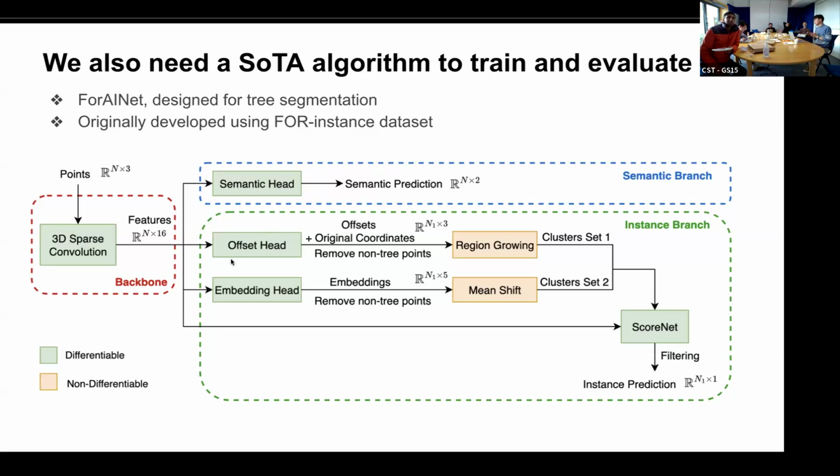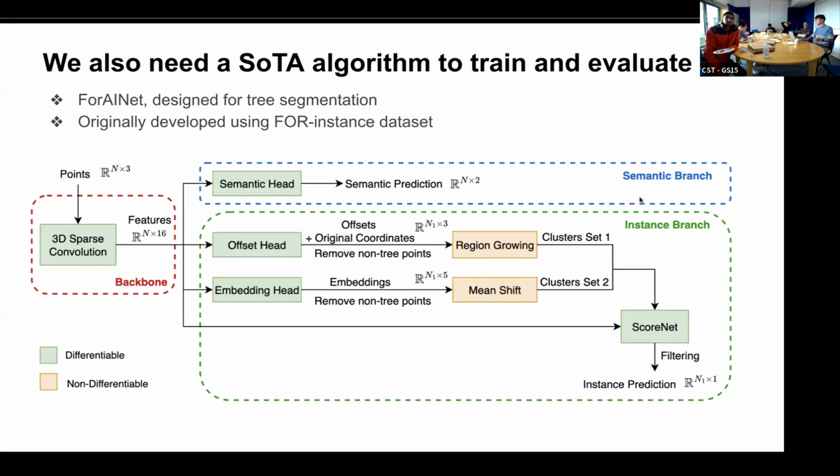Together, in terms of task, they form a panoptic segmentation task, meaning that the algorithm needs to not only segment every individual tree, but for the segmented instances, it also needs to give the semantic labels. From the learning point of view, it forms a multitask learning setting, which means that you learn multiple tasks together, and the semantic labels and instance labels can inform each other to help boost the performance. Imagine that you not only have the instance labels, but you also have very fine-grained semantic labels. Then it will help the algorithm to better learn the structure of the forest, which can also boost the performance